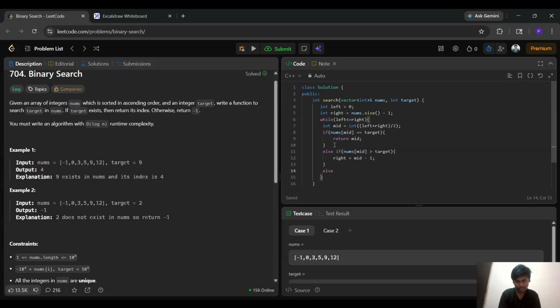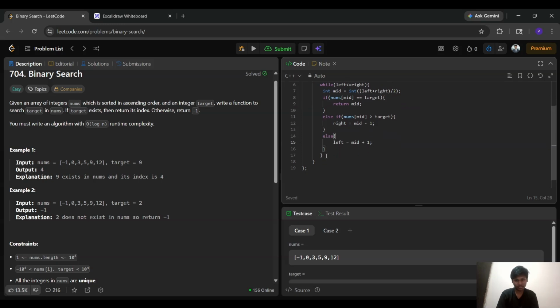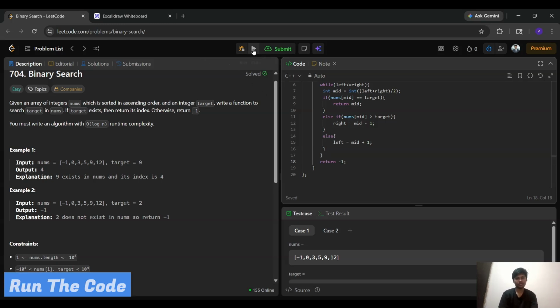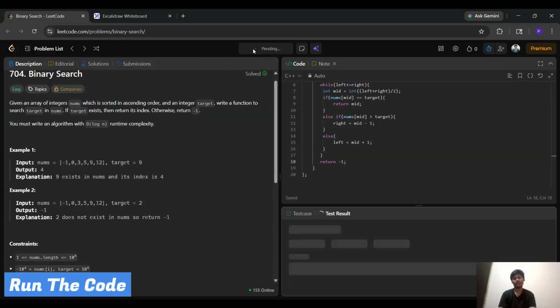Else left equal to mid plus 1. If no satisfying index is found, then otherwise we return -1. So here we return -1.